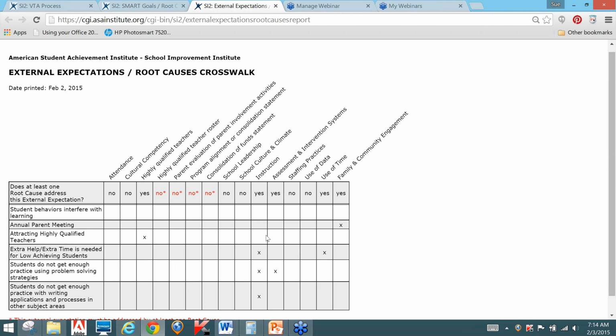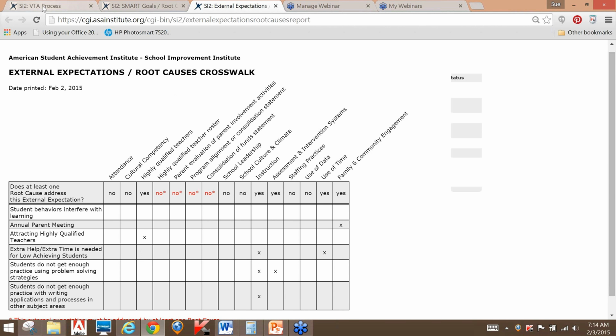In instruction, you can see there are several root causes that are impacting instruction. So this is, again, a tool for you to see if we are addressing all of the external expectations and how we are doing that.